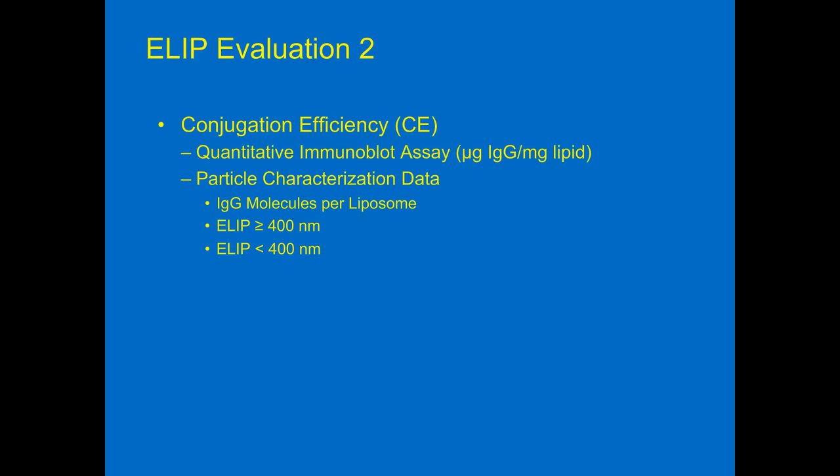That is our primary conjugation efficiency index. However, because of the particle characterization techniques that we're using, we can then go from there to determine the number of IgG molecules conjugated per liposome. And then we have to do this for both size